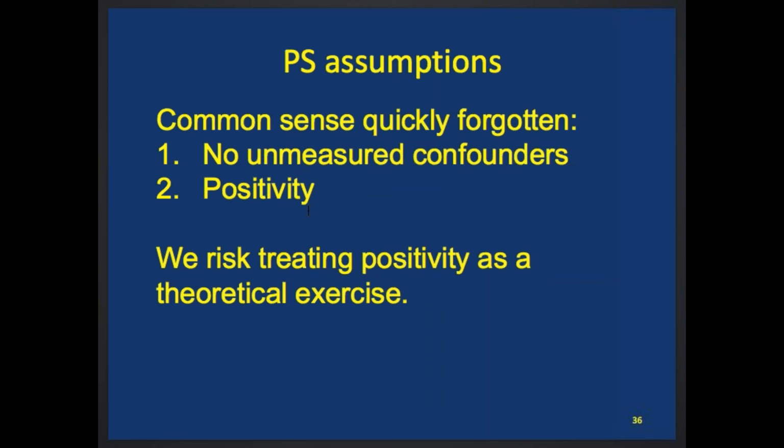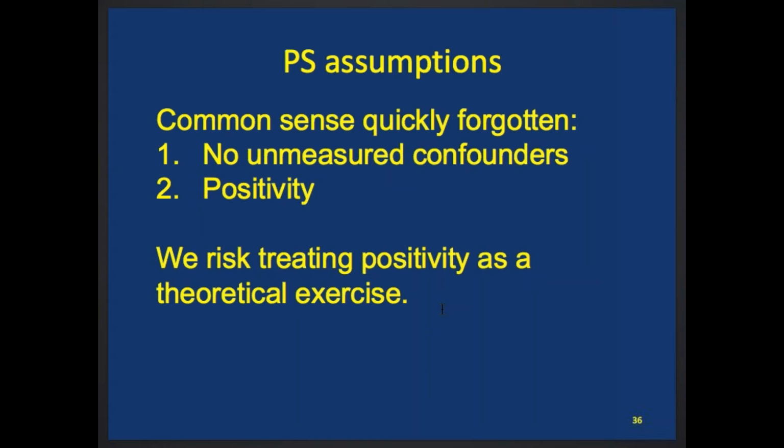Number 2 is positivity, this idea of overlap in the covariate space. Unfortunately, we tend to treat positivity as a theoretical exercise sometimes. As stated, everywhere in the covariate space there is a non-zero probability of both exposures. And so for any set of covariates, you have to have at least some probability of being exposed. Now, often we play a theoretical game and think, well, yeah, that's true,